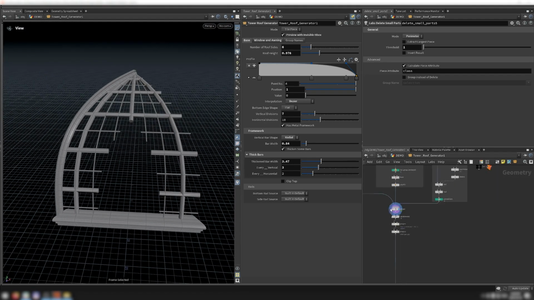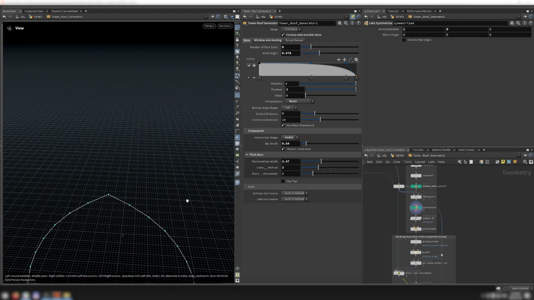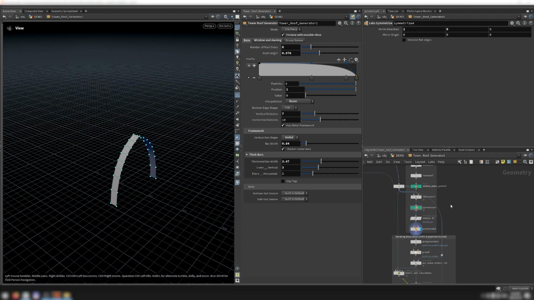Lastly, let's take a quick look at the roof's window and awning. The window is made pretty much the same way you saw me do it in the wall generator, where I take a line, I bend it, I scale it up and resample it, and then I use the Lab's Remove Inline Points node to reduce the number of points to only the ones essential for maintaining the window shape. Then I symmetrize the window, and I extrude it out to give myself geometry to work with for making the